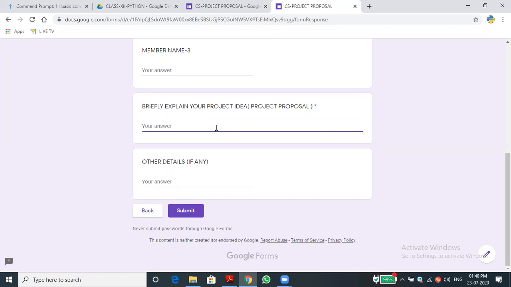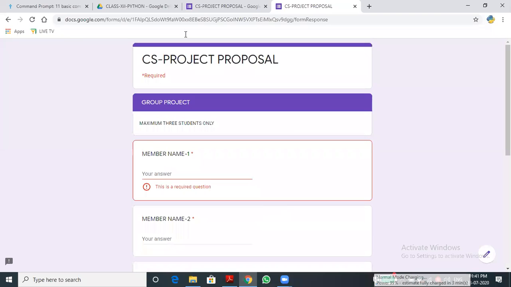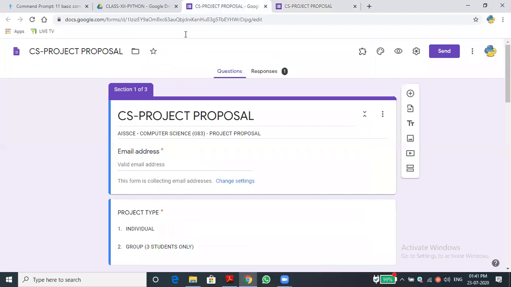Then I will compile all the forms group-wise and segregate them. Then I will conduct the review for each group. I will ask for the abstract and review those things, which I explained to you yesterday. Other details, such as what the use of the project is, you can type it and click the submit button. Once it is submitted, I will get it. Have you understood this one?